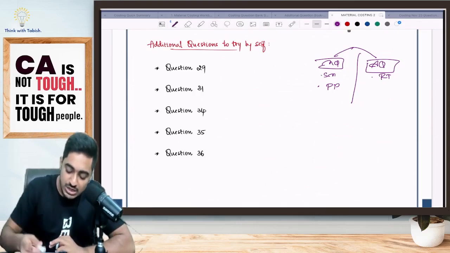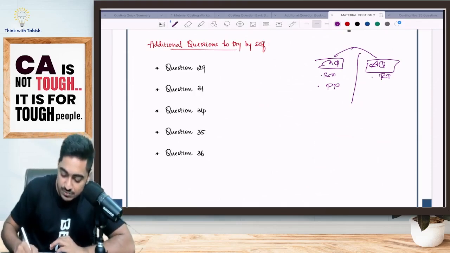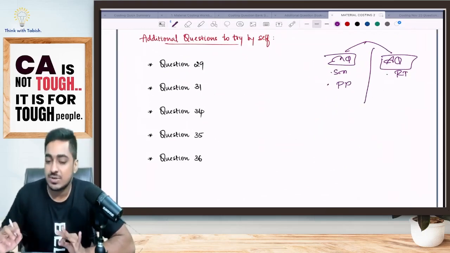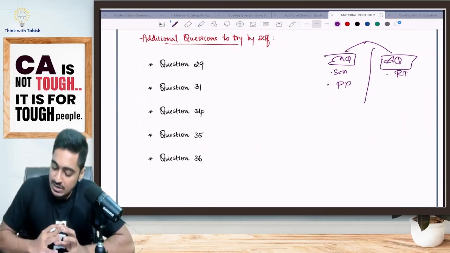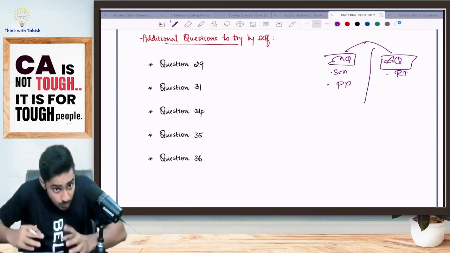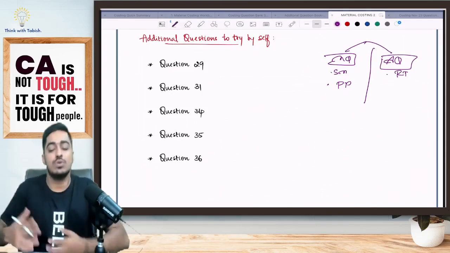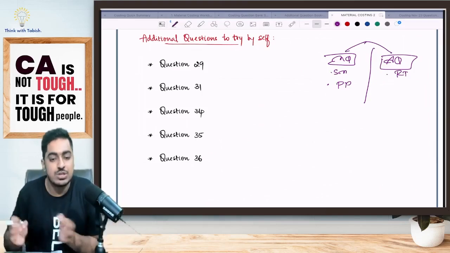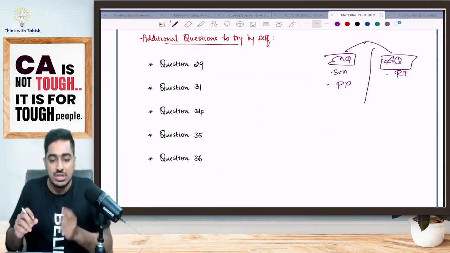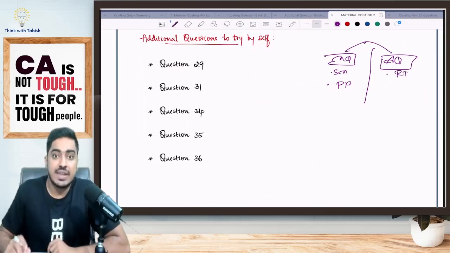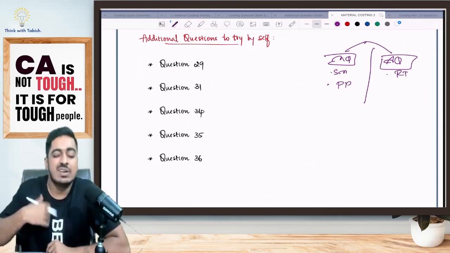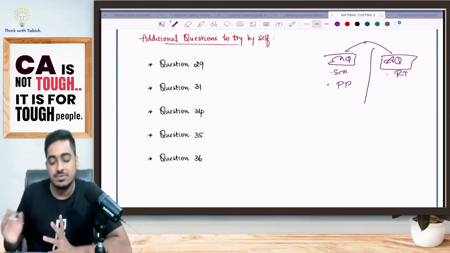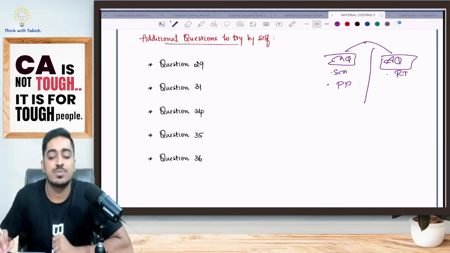So what I have done is, some 4 or 5 different questions which are there in the RTPs or MTPs, I have highlighted and kept. Sir, should we be doing it? I would say first we will cover everything, all the master questions. If you still want more practice, you try it by yourself. If possible, I will try coming up with a short discussion video wherein I will not discuss the entire question, only the adjustments. I am not giving you an assurance. Otherwise, the comment is there at the end of the question. If you have a doubt, you can drop me an audio message. I will be responding to you.